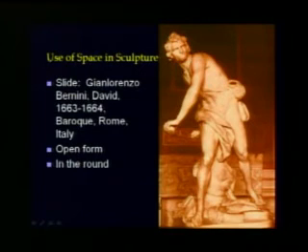Just the twisting, you don't get to see this shoulder very well. So in twisting it like this, he really moves it around in space, and he sort of gets you involved in moving around in space too. So he utilizes space better in sculpture than Michelangelo does within his work. But it's not to say that Michelangelo wasn't a great artist. It just means that at his period of time,